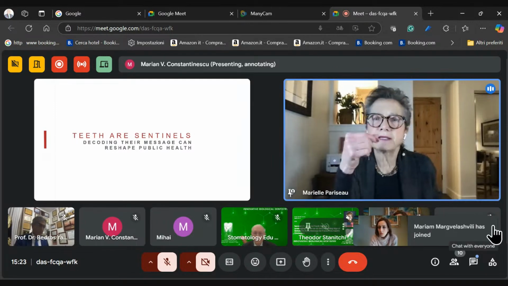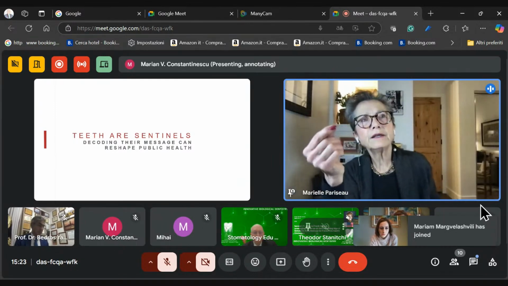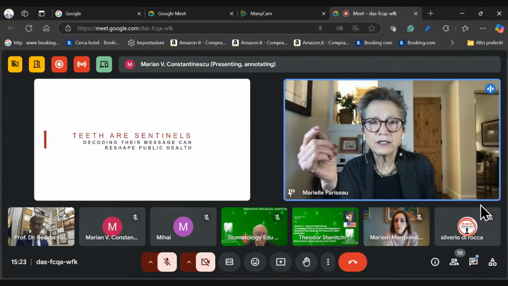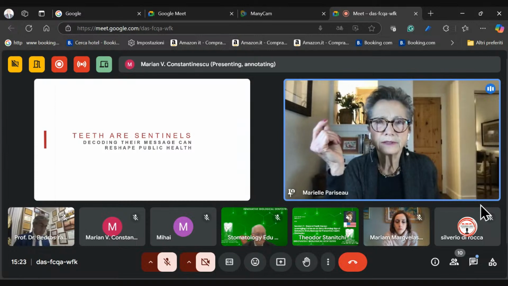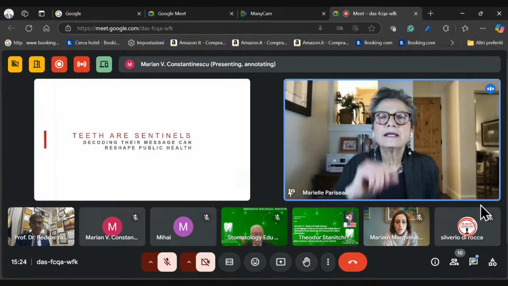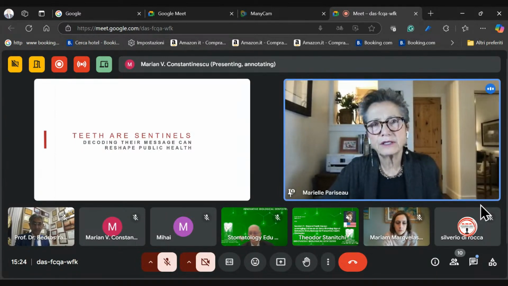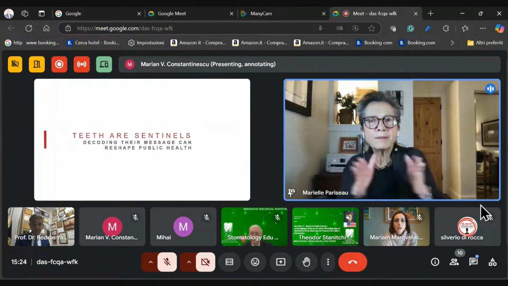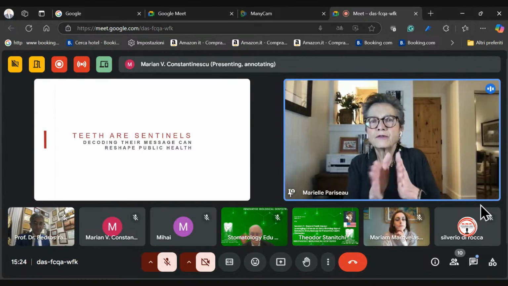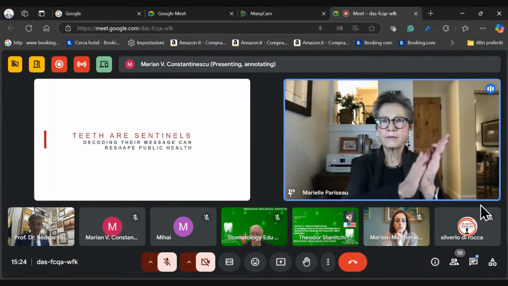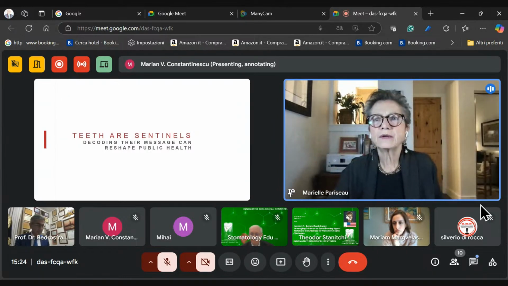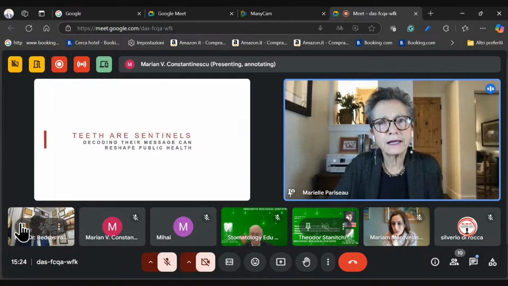And before I go to the last slide, I'd like to mention that here in the United States, the expenditure for healthcare is $4.5 trillion. That's enormous. But here's what you need to know, is 90% of that budget goes to the treatment of non-communicable diseases. So imagine if we could, from shifting our perspective from tooth decay to caries, from moving forward into seeing caries as a sentinel health event,